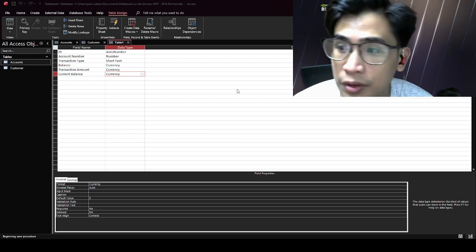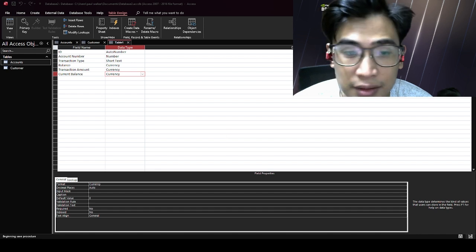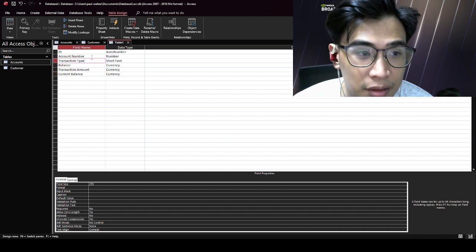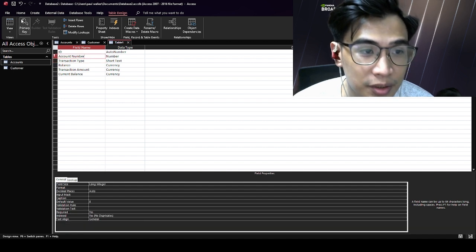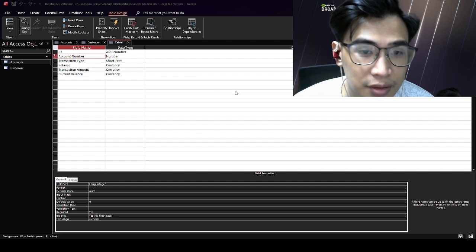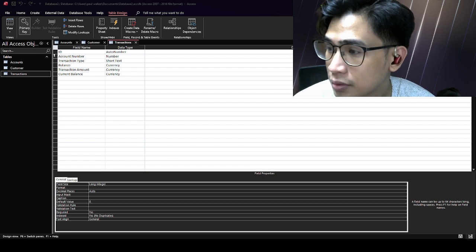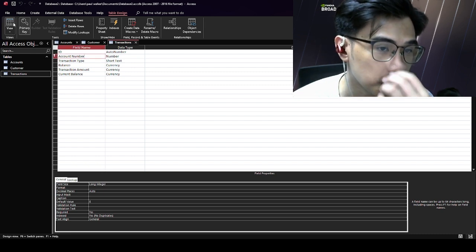And then when we're done setting this, we just have to make sure that the primary key should be account number. You just have to click on save and then write the table name as transactions. And then in order for us to go back to the view of the datasheet,